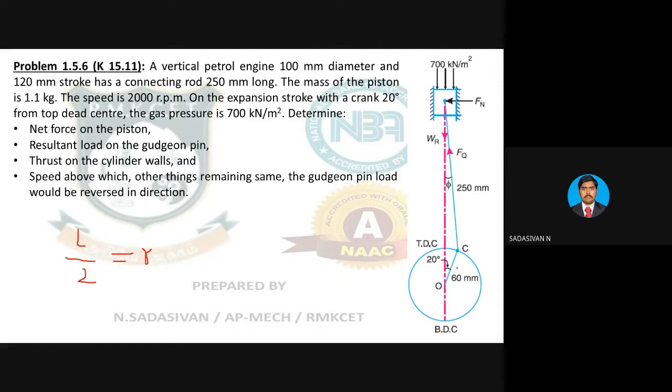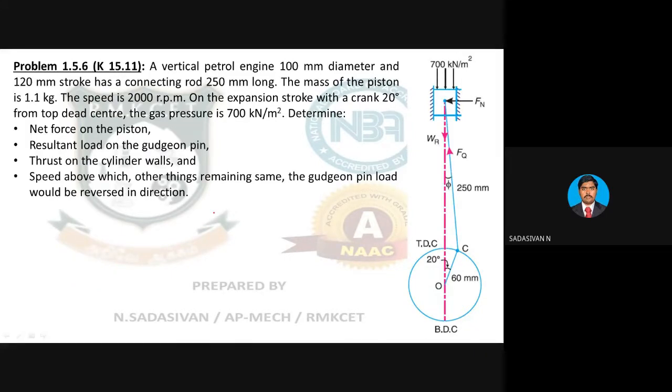Now, I'll give you a small task. Whoever is interested to know how this works, try to construct an IC engine in your Creo. Then you will understand that in most cases, whatever the given reciprocating engine, the ratio of these two should be around 0.5. Only then will this work properly. This crank can go all around 360 degrees without dismantling the small end of the connecting rod from the gudgeon pin. They can move around. Okay, so it is taken for granted.